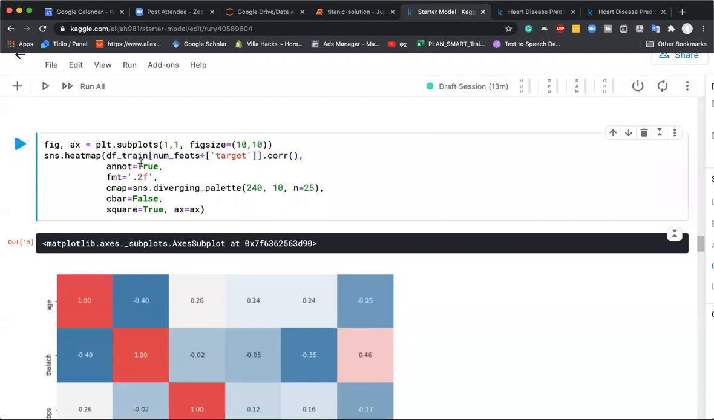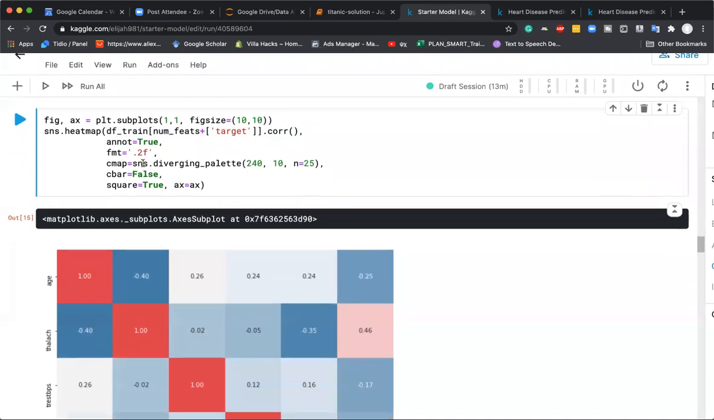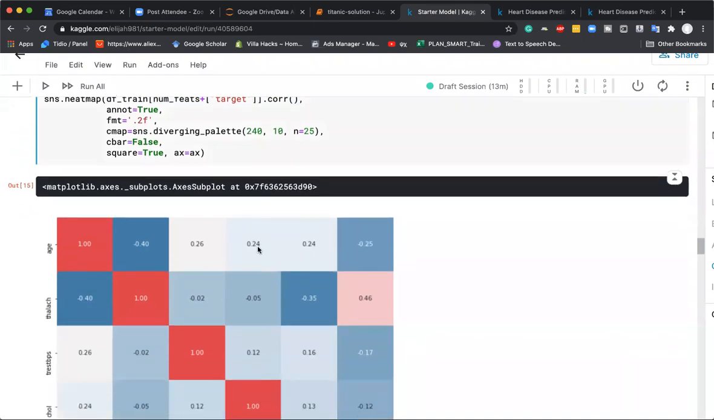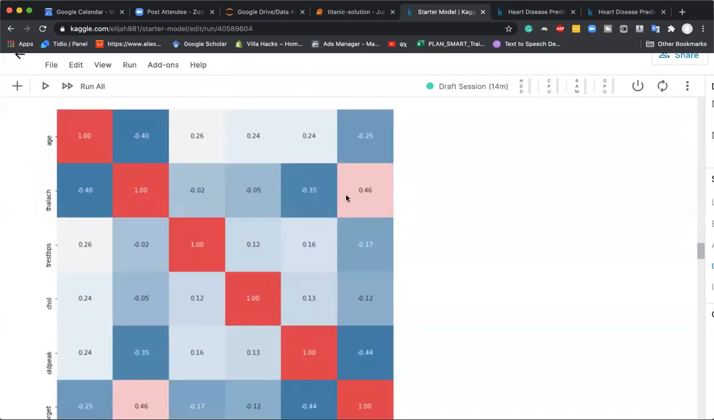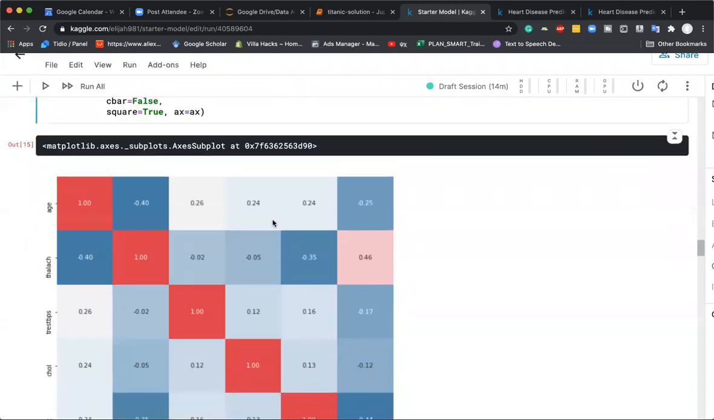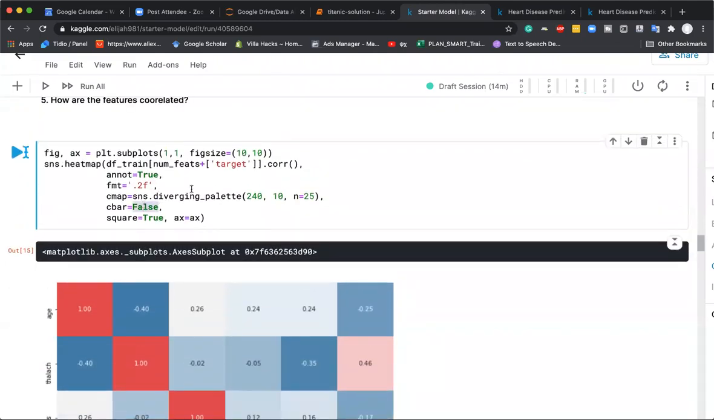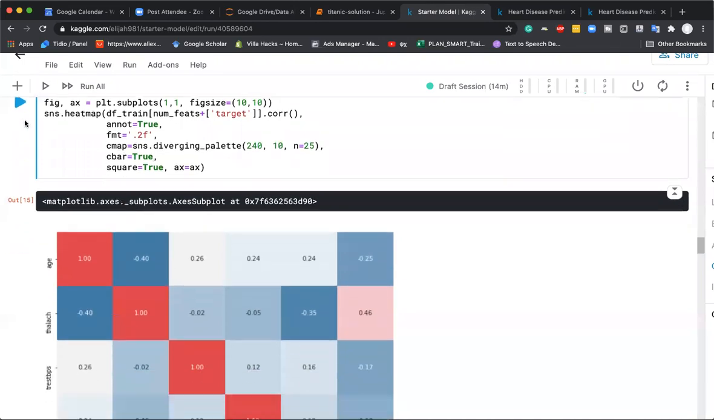We are saying annotation is equal to true. When we say that, you see the text in between, like 0.24, 0.24, 0.25, that will be written. We then provide the format of this annotation, which is 0.2f. That means write the annotations correct up to 2 decimal places. We are saying use a color map of diverging palette, which decides what color will be printed here. We want cbar as false, but let me put color bar as true so that we can see the color bar, and we keep square. Okay. So when I execute this,